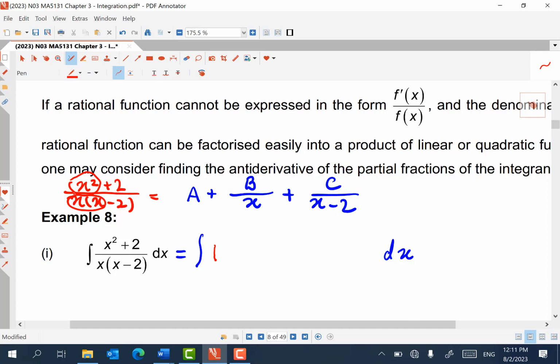To get the A, you just take whatever x squared you have, divide by x squared. Yeah. To get B, you put x at 0 and cover x. Covers 1. So put x at 0, you get what? Yeah, negative half. The top is 2. So it's negative 1. So B is negative 1.